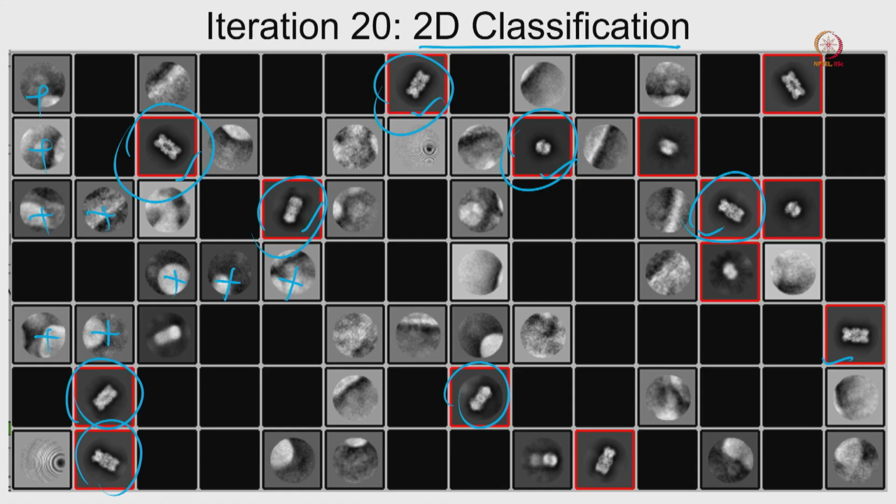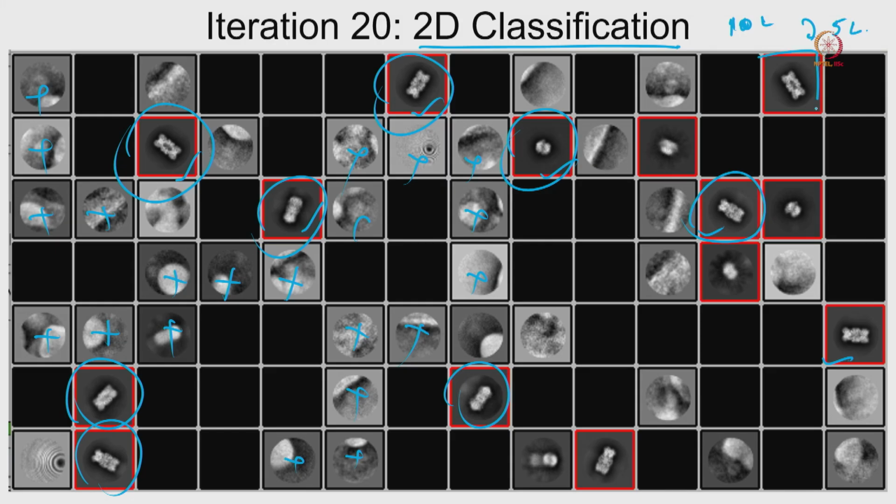So if you just consider, we started with 10 lakh particles. If you have 10 lakh particles and you are classifying them, and you remove all the bad ones where we cannot see anything properly, almost 5 lakh bad particles are pulled out.